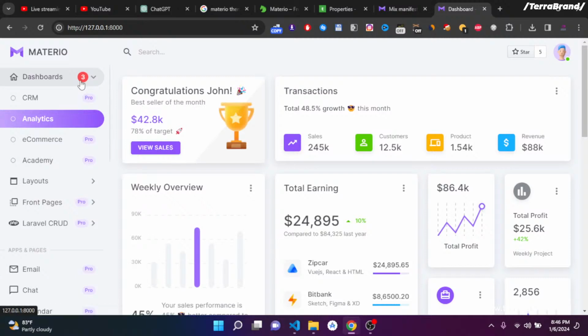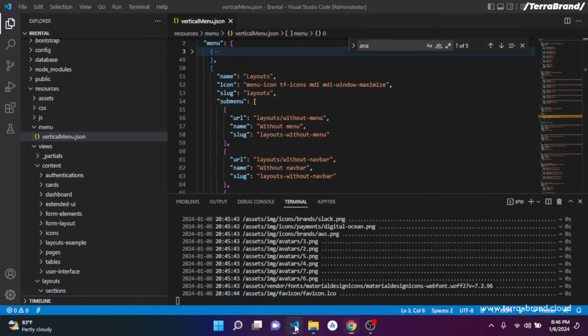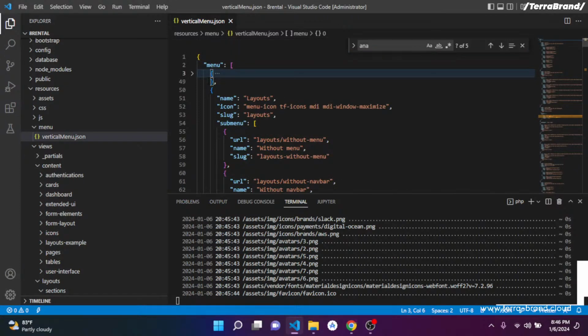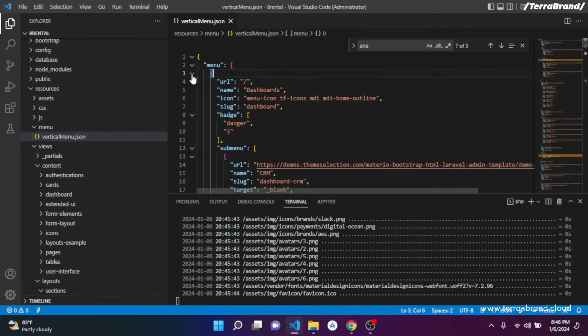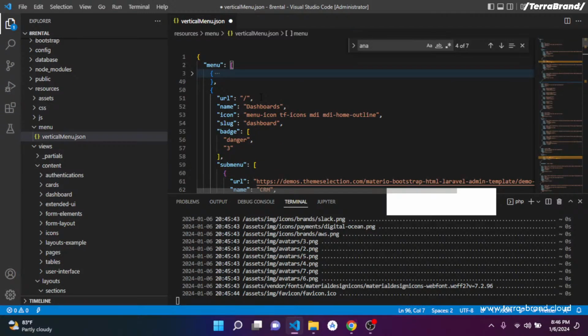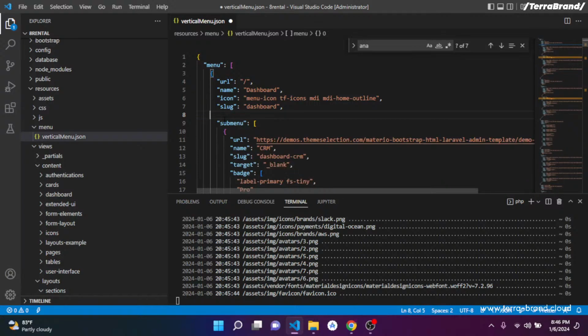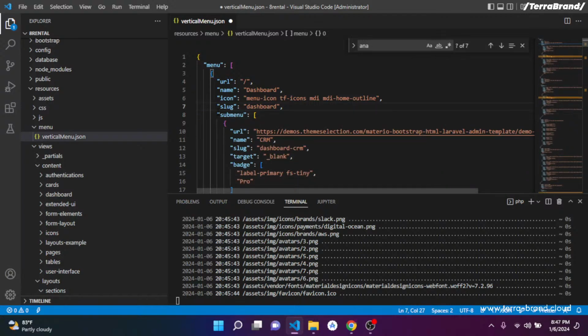Now what we should do, we should copy this dashboard. Let's see if we can safely copy and then paste it here. Let's see, and then the dashboard, remove the badge, and then remove all these